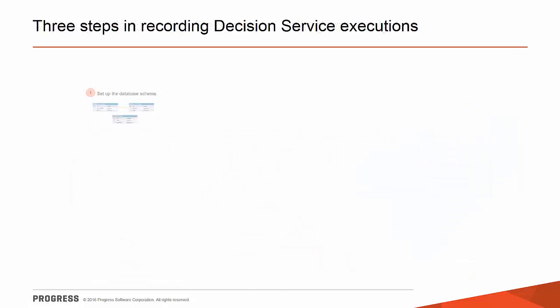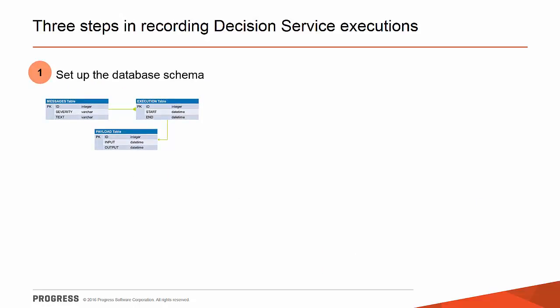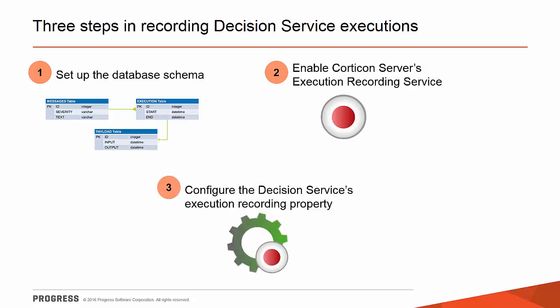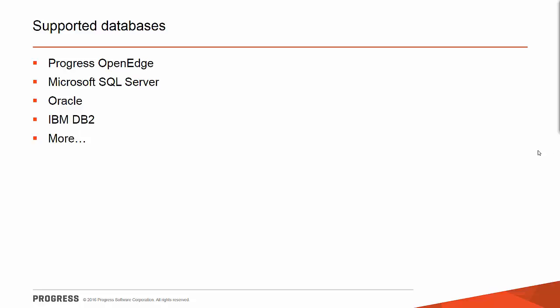First, we need to set up the database schema. Then, we need to enable Corticon Server's execution recording service. Finally, we need to configure the decision service's properties to enable the recording service to write its execution data to the database. Corticon Server can write to any of the supported databases, such as Progress OpenEdge, Microsoft SQL Server, Oracle,